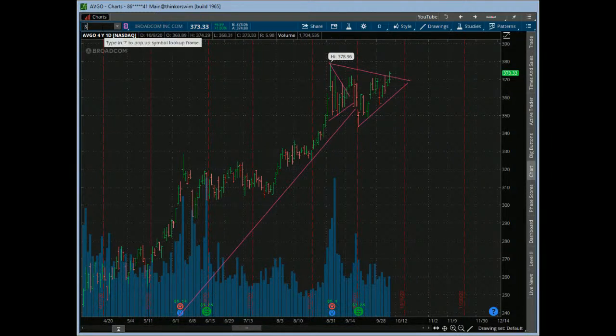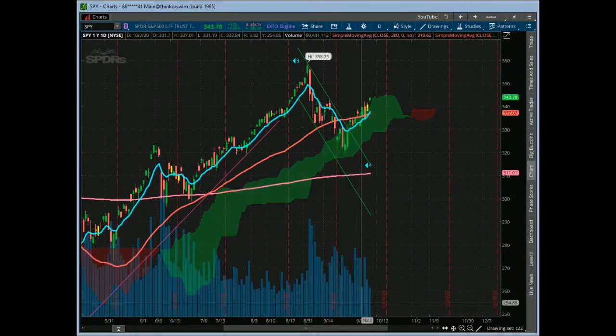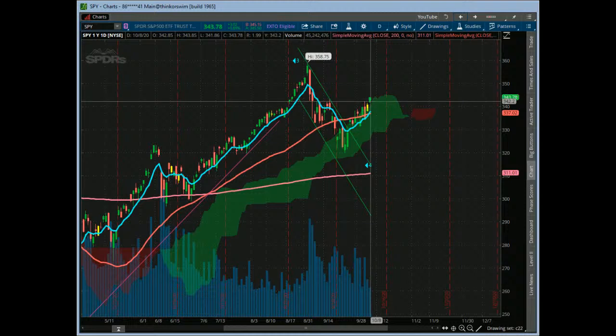So SPY again. We gapped over the inside day, right? And we gapped over the inside day with kind of a low volume, narrow range day today, right? So it was all about trying to fade that gap today, but they just couldn't do it. So let's see if that holds. Tomorrow's Friday. Futures are up here after hours, so let's see if they can continue to hold that trend and